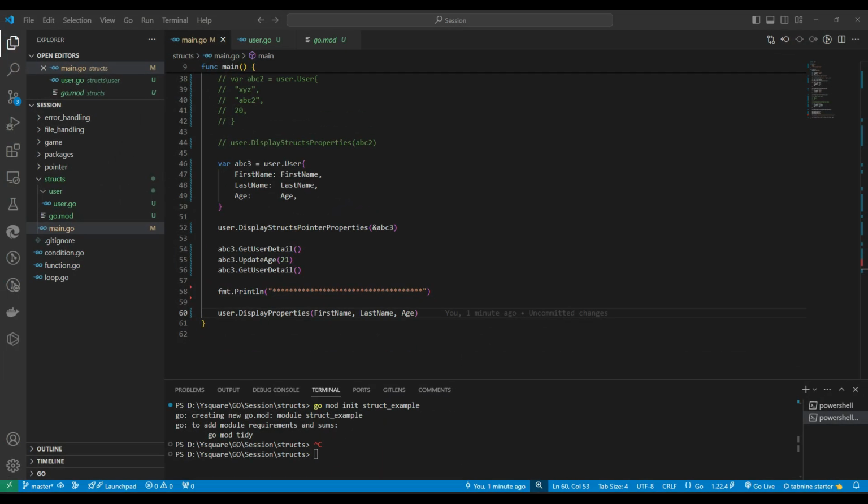Hey guys, this is the continuation of the previous structure video. Here we will complete the structure, all the remaining topics. In this video we will learn how to convert a structure object into JSON and JSON back to a structure. We have one more concept of chaining, meaning we can call structure functions one after another through the